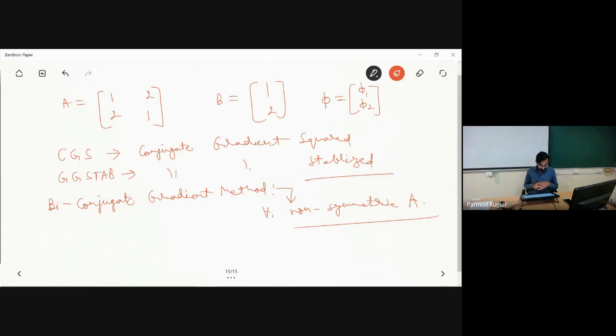Okay, so for that, if you want to employ the conjugate gradient methods, you have to do certain modifications. You have to use another variant of the conjugate gradient method, which is specifically known as the biconjugate gradient method. Okay, but I have just included these here so that if any one of you wants to study, you can go through the textbooks of advanced linear algebra and study these methods.